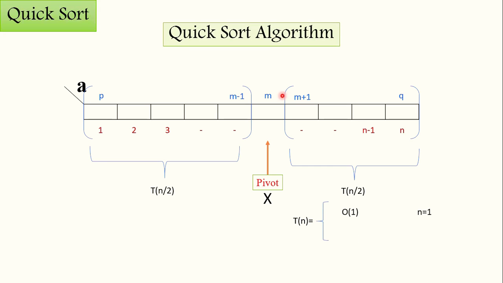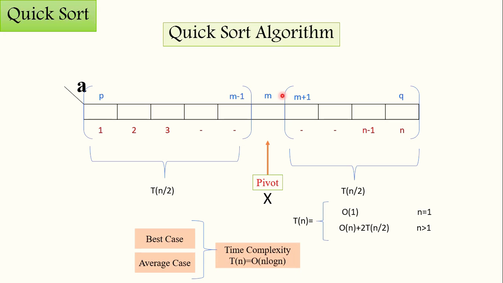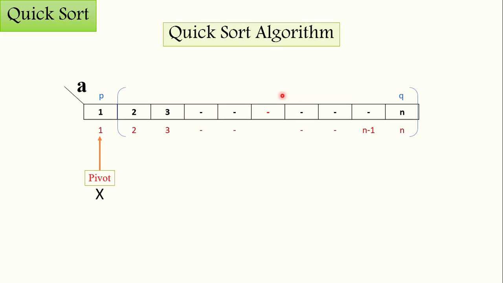So finally this is your recurrence relation. The best case and average case take n log n time complexity. This is your worst case time complexity. It may be possible that all elements are on the right side, and the size of the right side will be n minus 1. Then the complexity of this right side problem is T of n minus 1, because the size of the array is n minus 1. That's why we can say the problem can take T of n minus 1 time complexity.